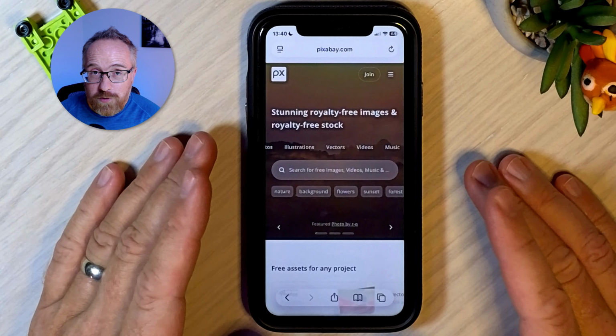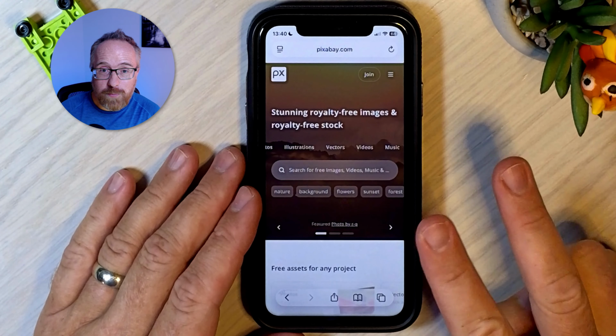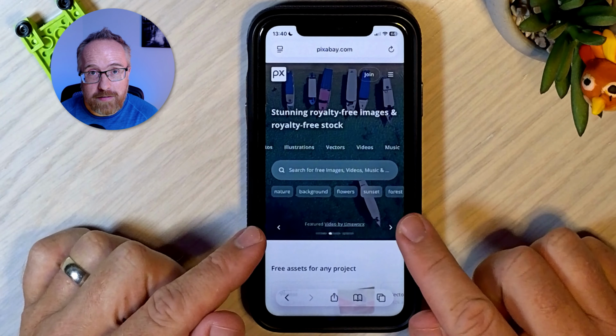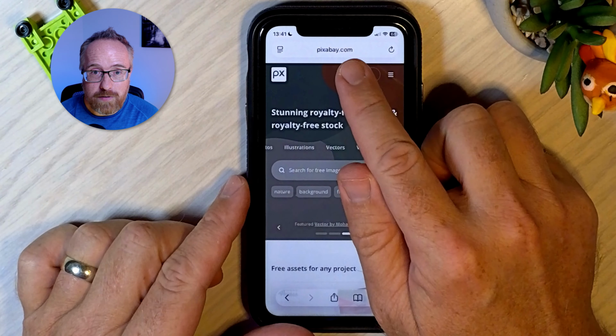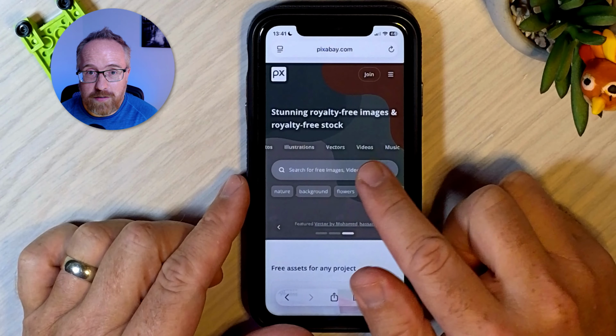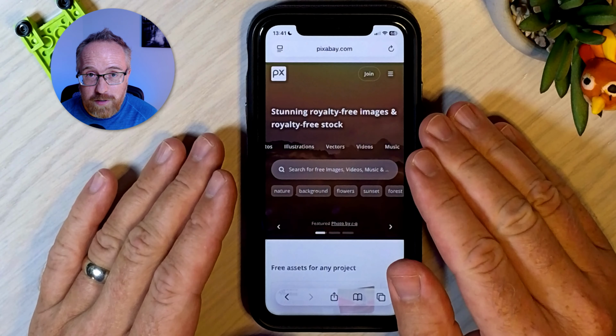To make this work, you first need a sound effect. I'm going to show you two different ways to get them. One is from a website, the other one is just making your own. So to get them from a website, I go to pixabay.com. It's a royalty-free site. You can use all the stuff on this site totally for free for whatever purpose you